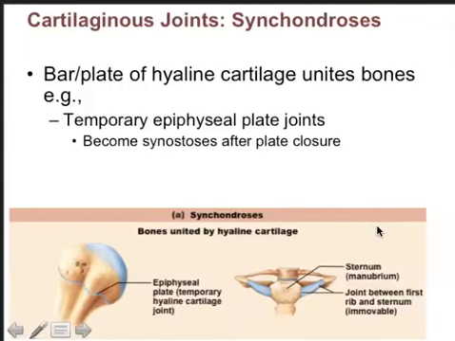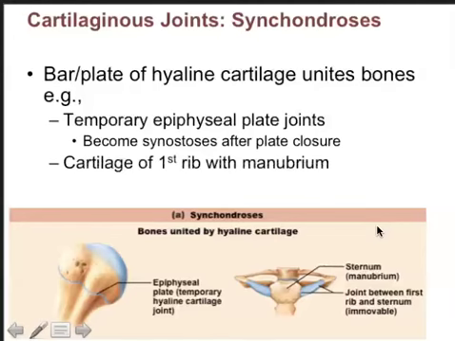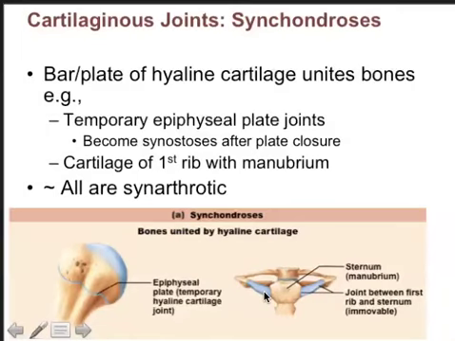And once puberty occurs, the synostoses will replace the epiphyseal plates, and at that point no more longitudinal growth is possible, and the only change in the bone shape is changes in density or changes in width. Another example is the cartilage of the first rib with the manubrium, which is the upper part of the sternum. You can see this cartilaginous joint here, and all of these are synarthrotic, meaning that they provide little to